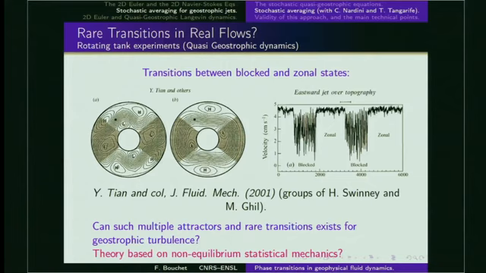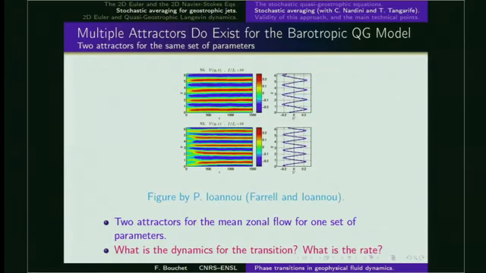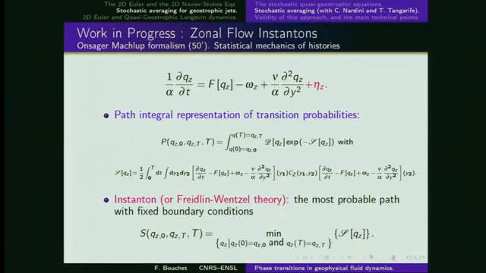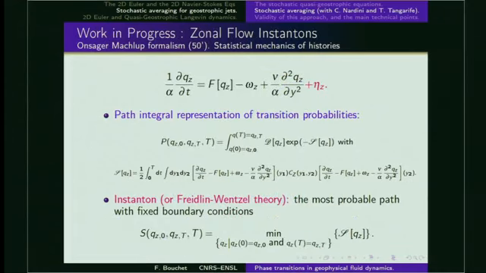So what is the relation with this bistability I was discussing before? The relation is that for this range of parameters, there are two kinds of attractor. There is an attractor with 1, 2, 3, 4 jets, and there is another attractor with 1, 2, 3, 4, 5 jets. So using this theory, we can predict the fact that there are two attractors, and the idea is now to use the Freidlin-Wentzell framework for this average equation in order to compute the transition probability between one of these attractors and the other.